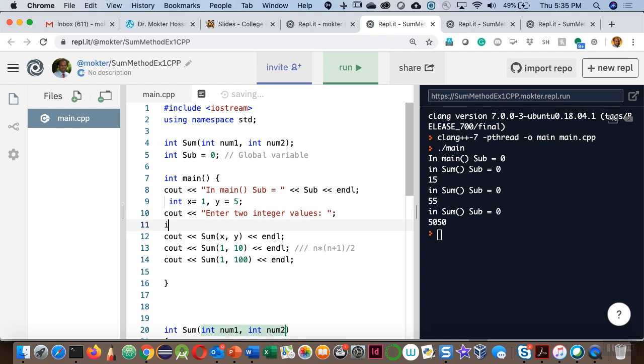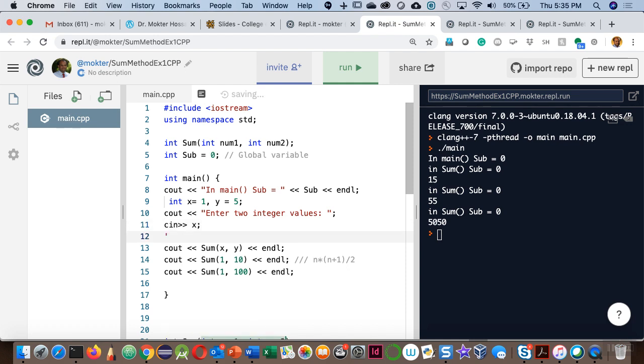Okay, and we say cin, we can say x, cin y, right? So in this program, if we run it, it will give me a prompt to